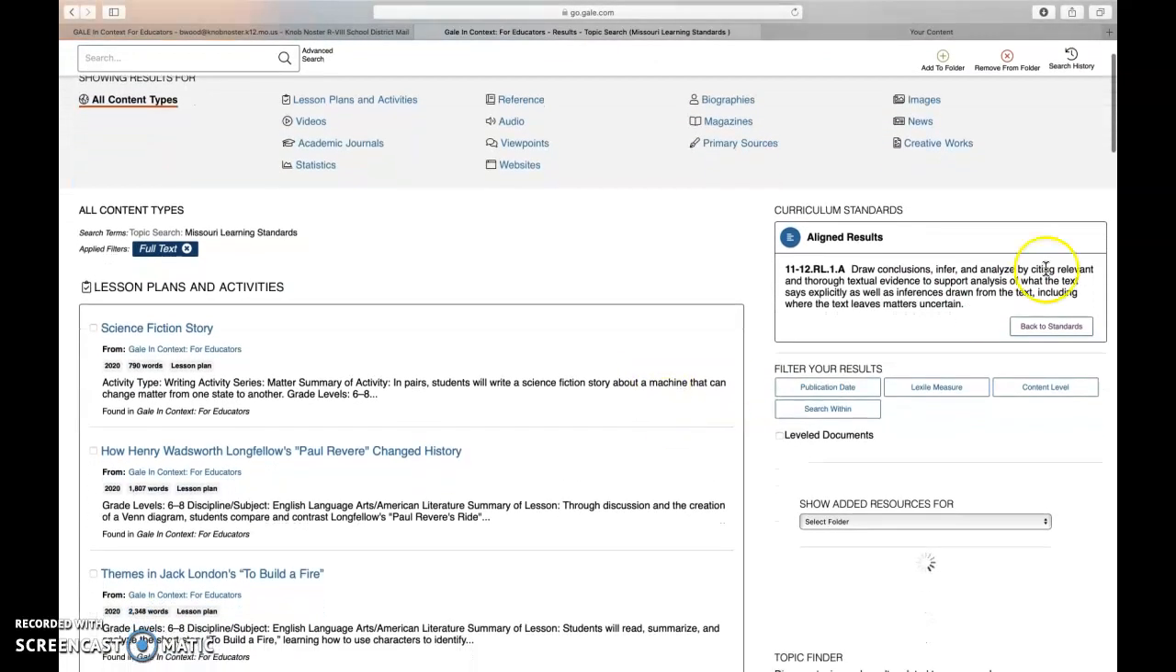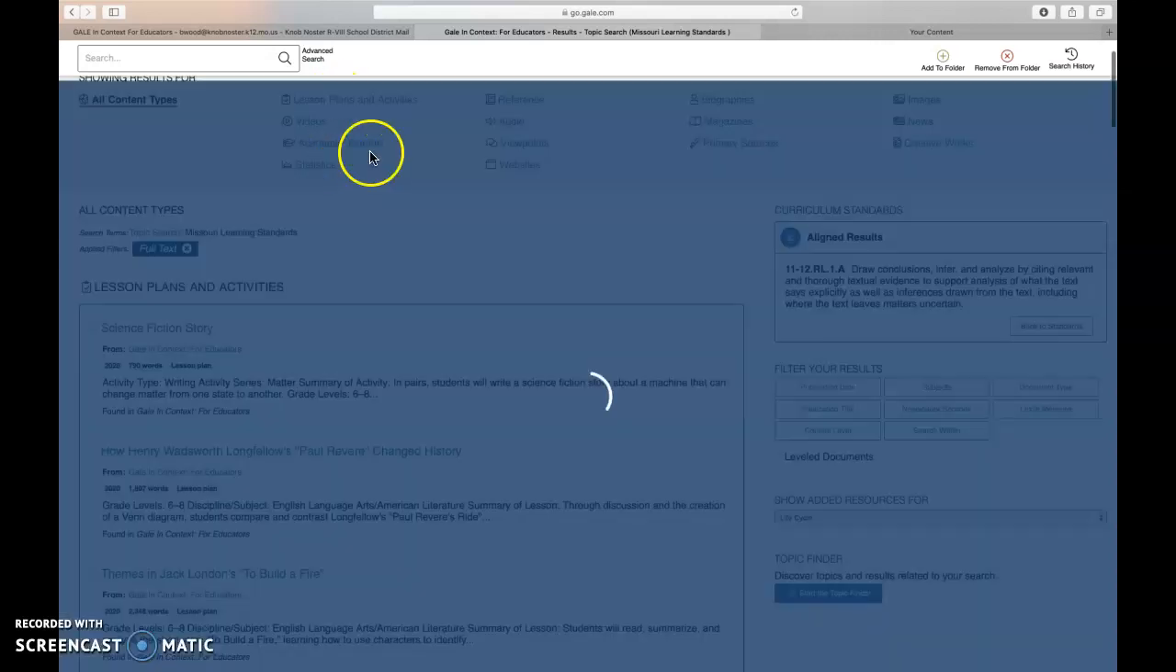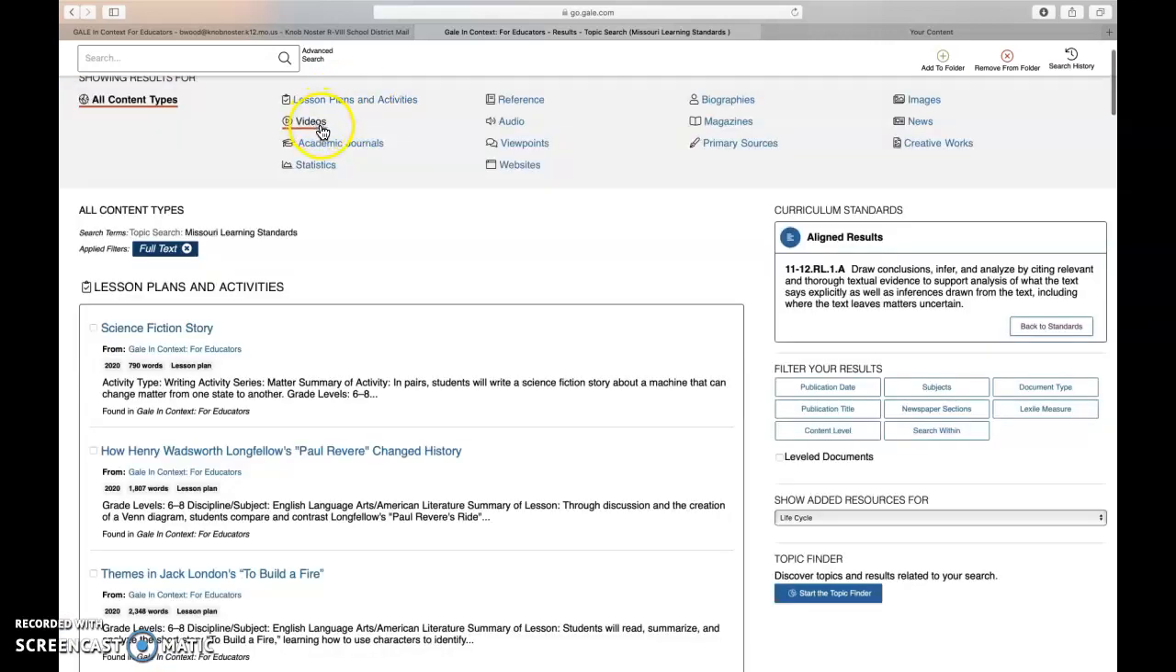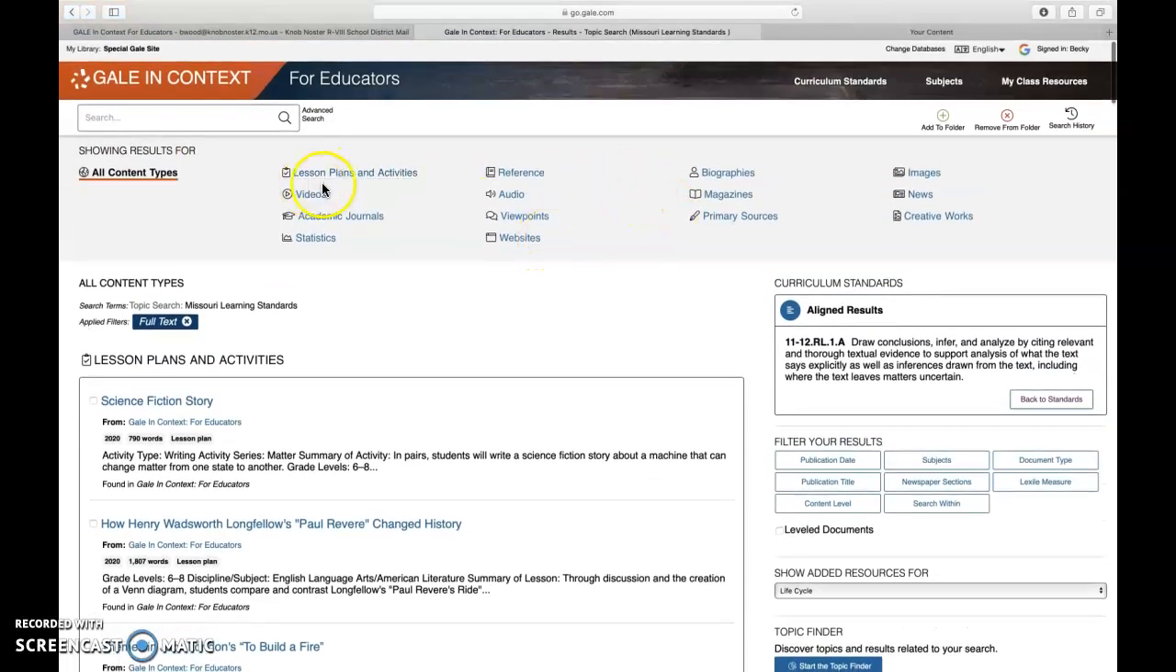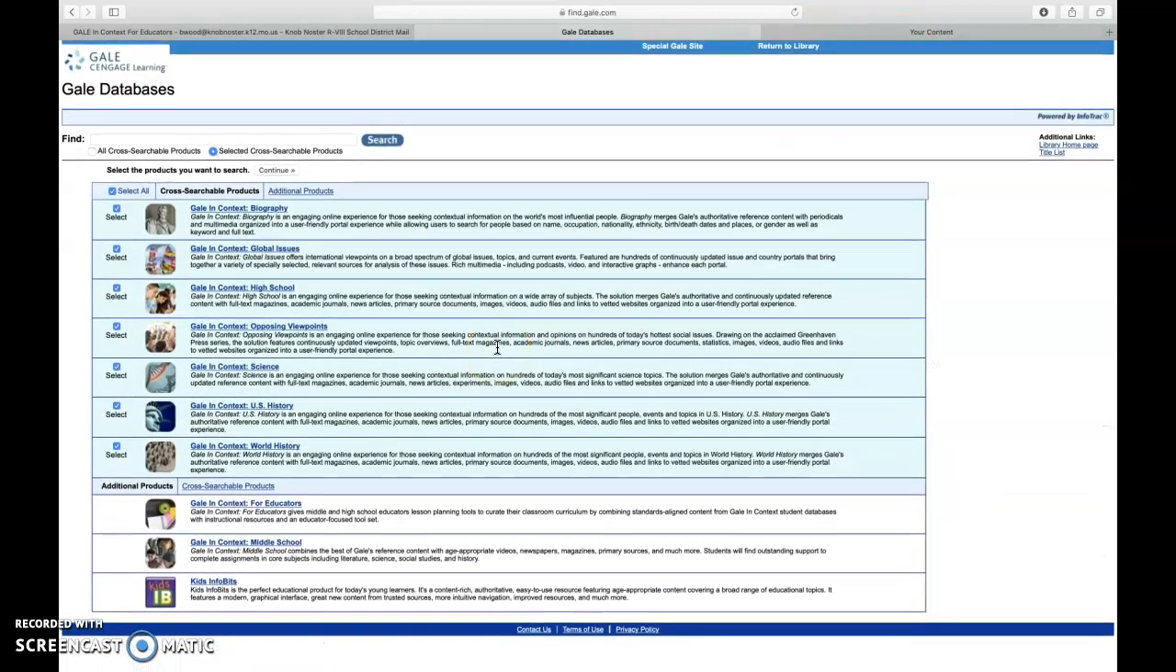And this shows you all the information that aligns with this particular curriculum standard. Once again, you can narrow it down: lesson plans, activities, videos, journals, statistics, websites. You kind of get the idea. There's a ton of information on this website. Now, if we subscribe to this, we would get 9 different databases included with that. In fact, if I go up here, these are actually all the databases that come with